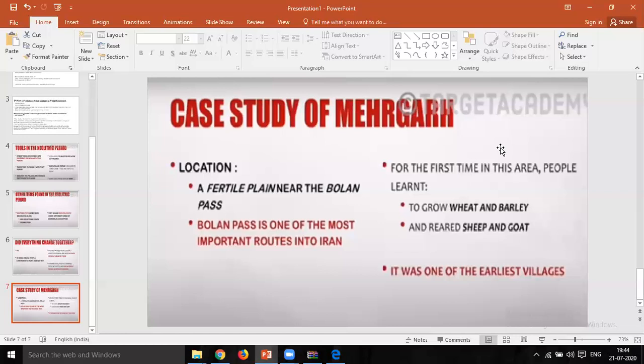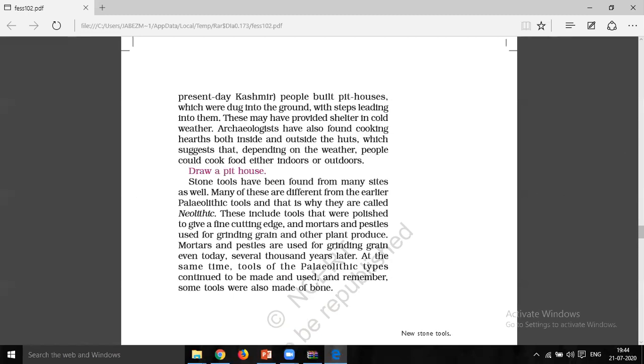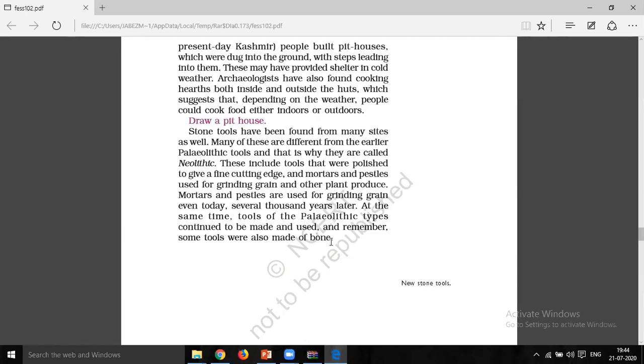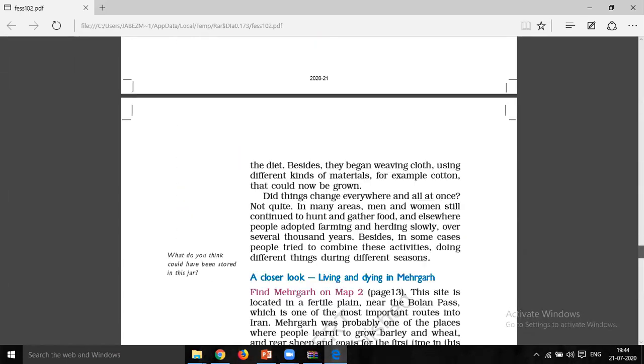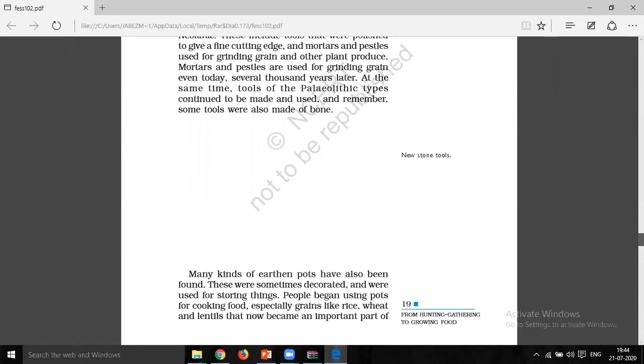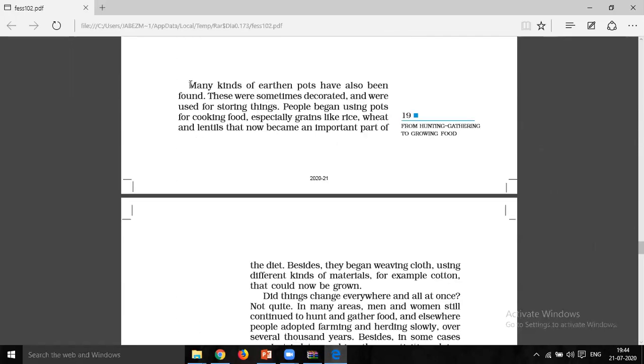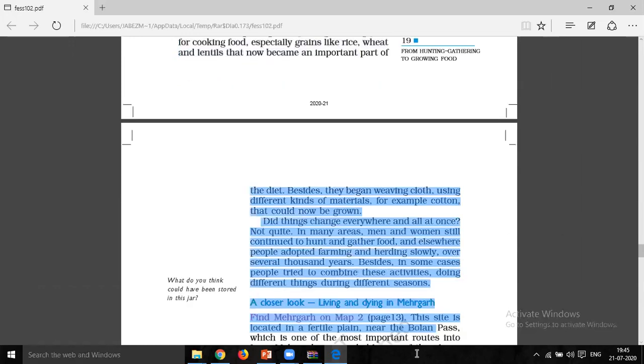So I hope that you understood today's lecture. In today's lecture, you have to read from where the last class you read up to this paragraph. You have to read from the earthen pots, that is from page number 19. You have to read from this paragraph: many kinds of earthen pots have been found, and they were sometimes decorated. From here, the whole chapter you have to read, that is page number 19,